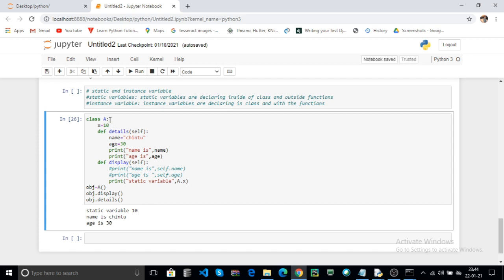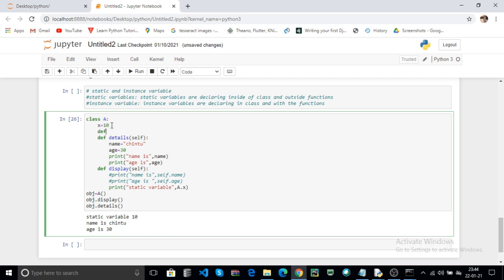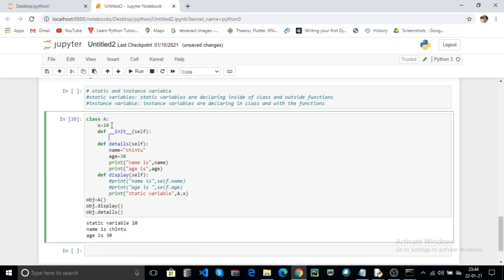Here you can also use a constructor, for example, def underscore underscore init underscore underscore. Here I pass only self as a default parameter. Here I add one to your already declared static variable. How?